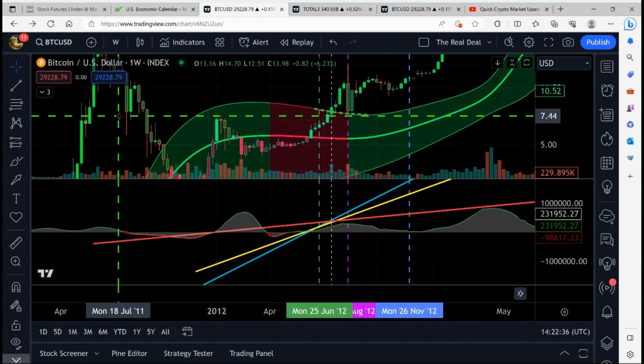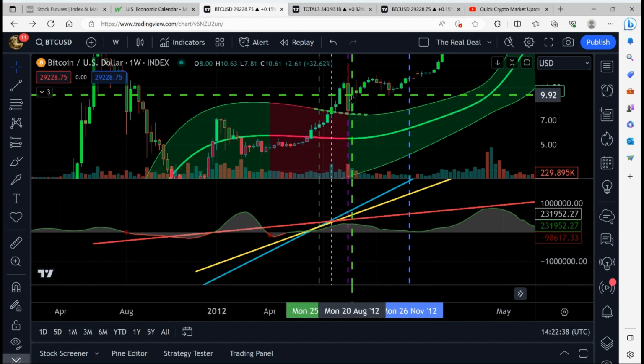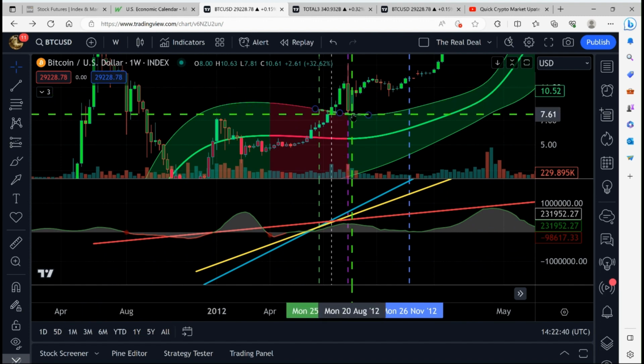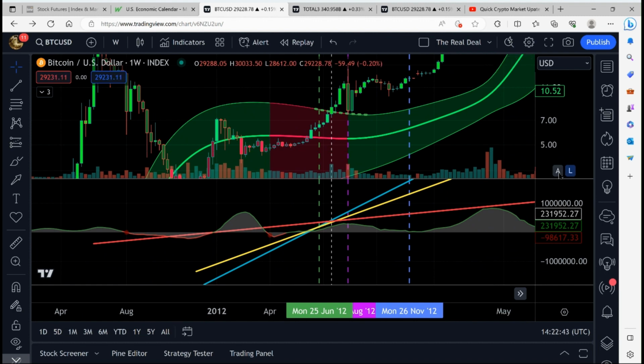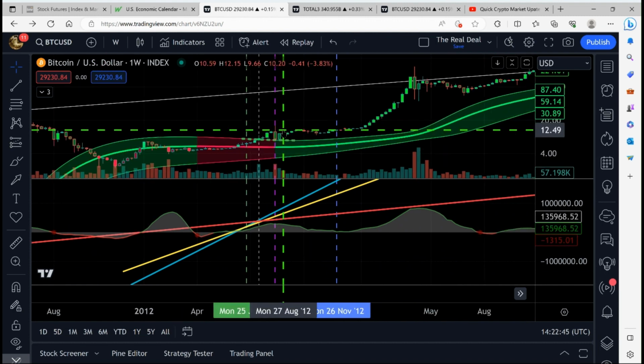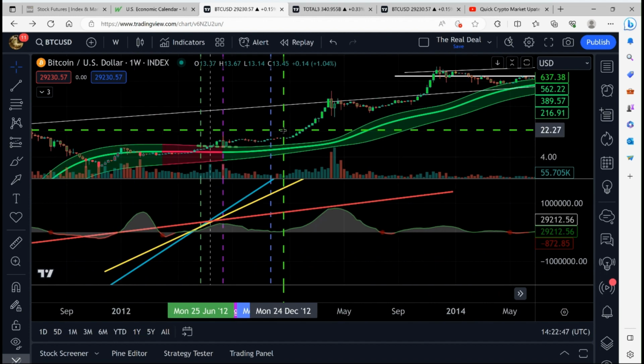So each cycle when we're coming back down and retesting the top of the weekly Gaussian channel, we are in reality testing